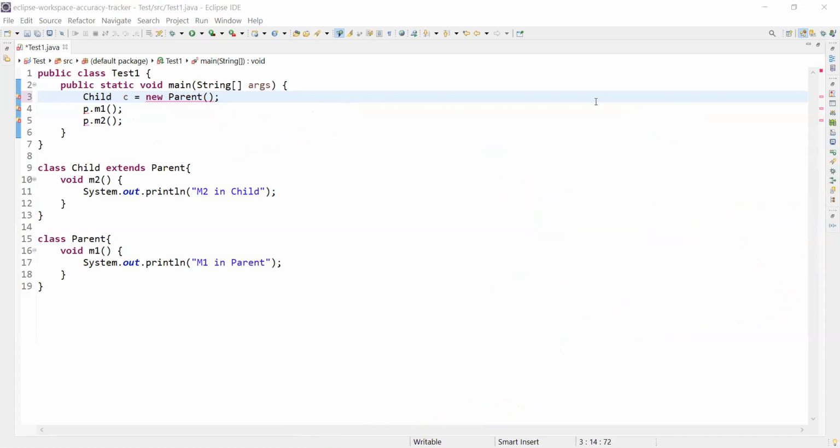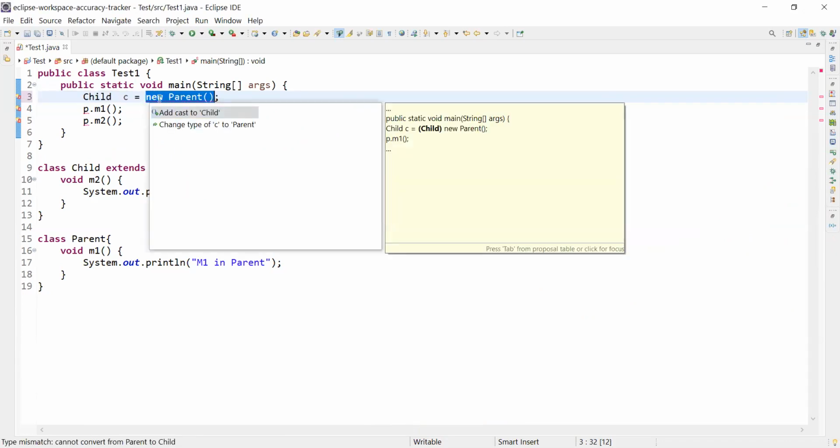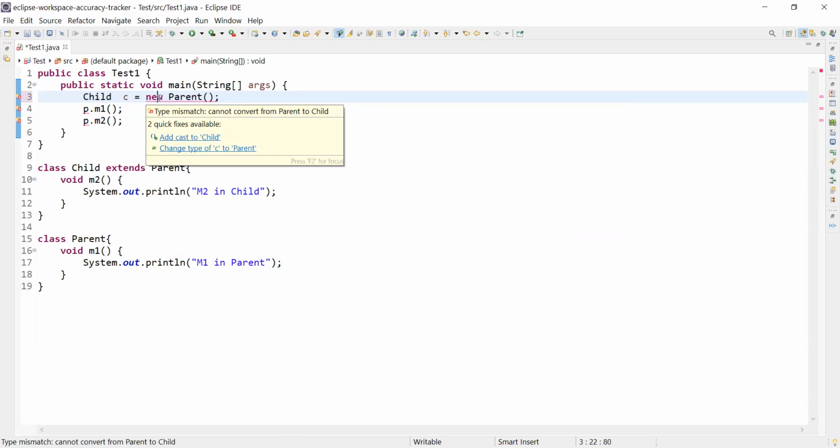So when we are saying child C is equals to new parent, we are getting incompatible types. Like we cannot keep parent object in child object, child reference. That's why we are getting this error. Incompatible types, cannot convert from parent to child. If you try to run this using the command prompt, then it will say like found parent required child. Okay,